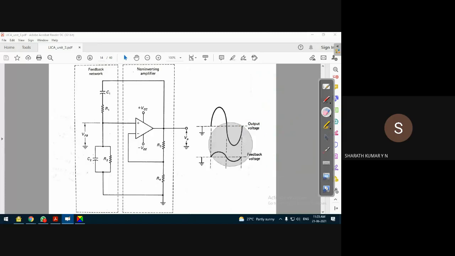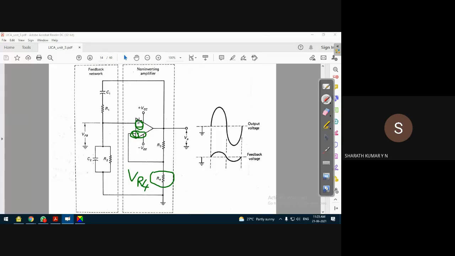In this case, we make use of an op amp as an active component. So the feedback network, and what is the configuration of the op amp? That's very important here, because we are applying input to both the non-inverting input as well as the inverting input. The inverting input, as you can see, is the voltage which appears across R4. That is VR4, the voltage applied to the inverting input terminal, and the voltage at the non-inverting input terminal is due to the voltage across the feedback network.